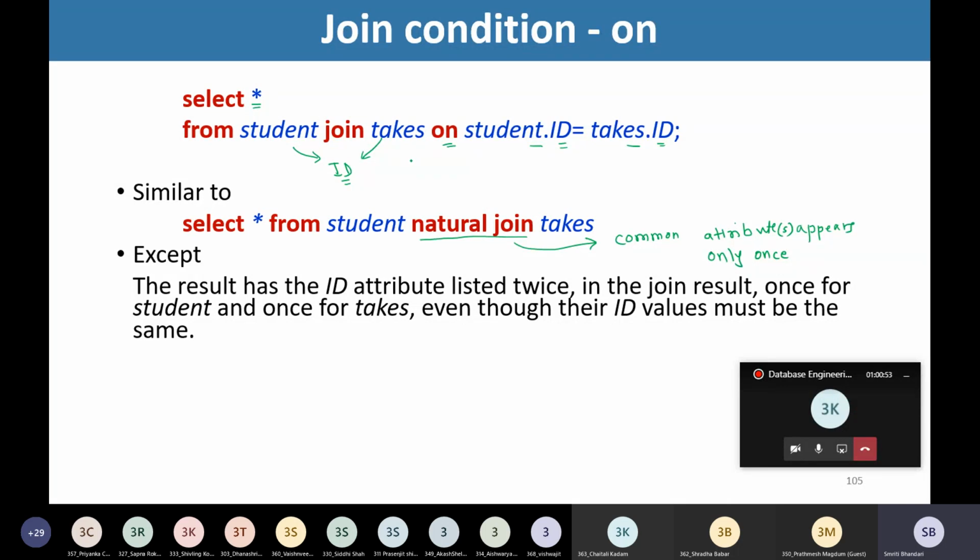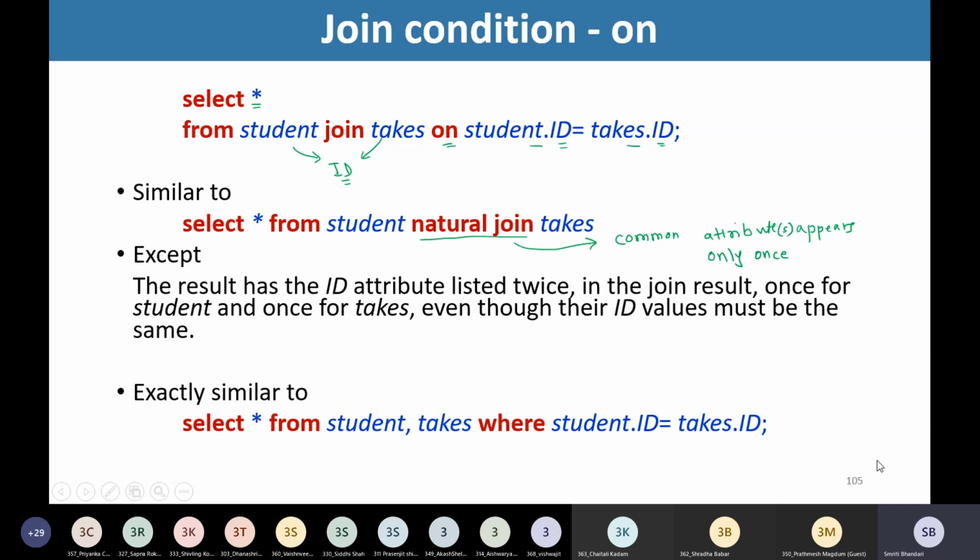Once for student and once for text, even though the ID attribute values are matched. Right? So in natural join, the common attributes appear only once, whereas if I am making use of join clause with on condition, then the common attributes will appear more than once.